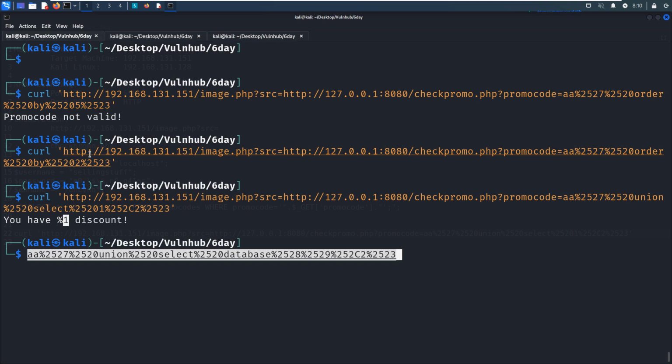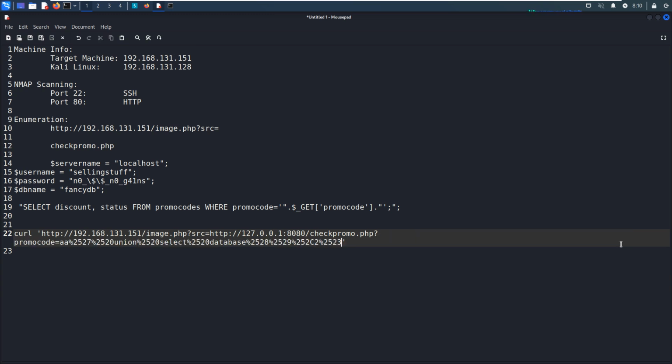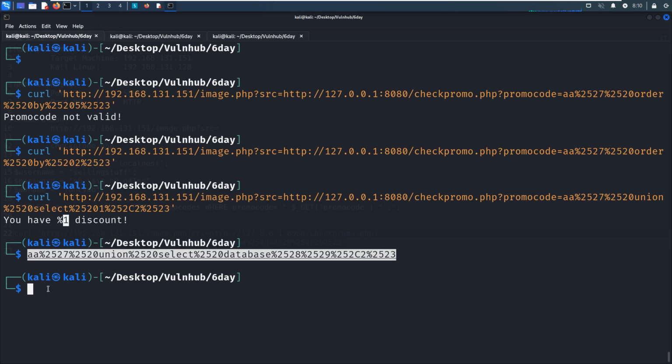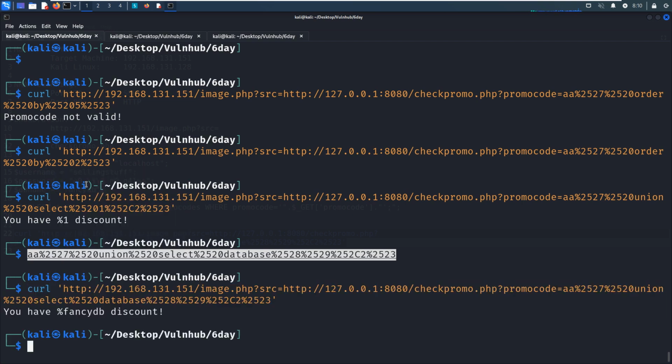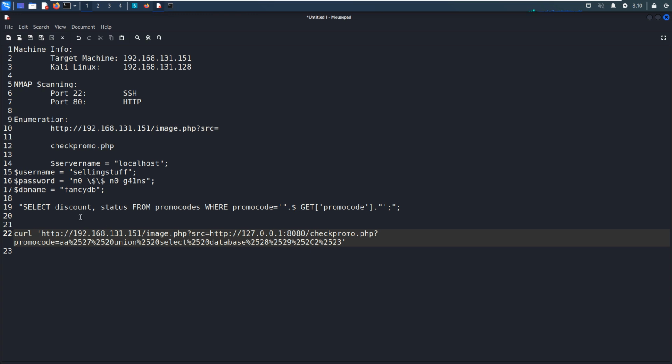Oh, why? What I'm doing? We can create or generate the payload on our notebook. We can copy again. We can get the database name, and this is exactly the same one which we got from the configuration file. Okay, and we can put it over here. So what are we going to do next?